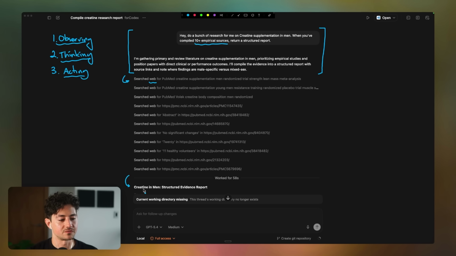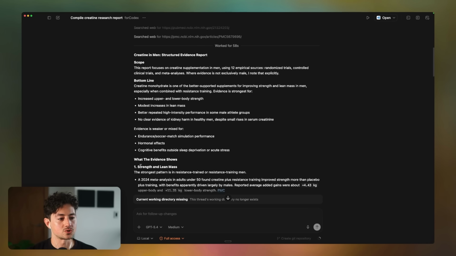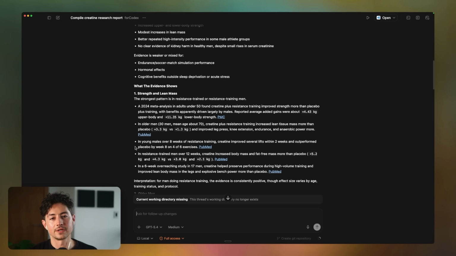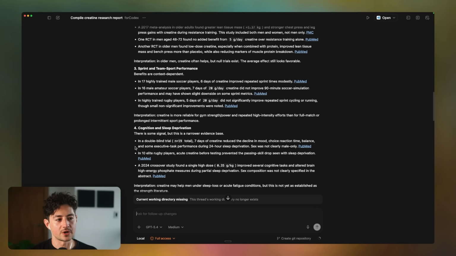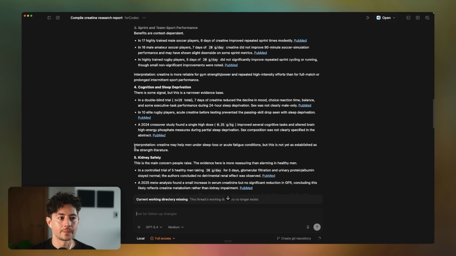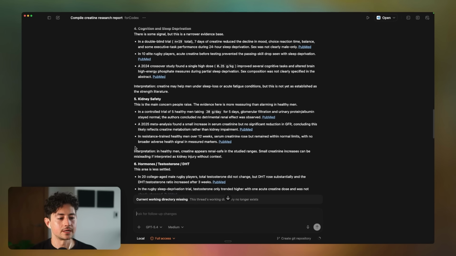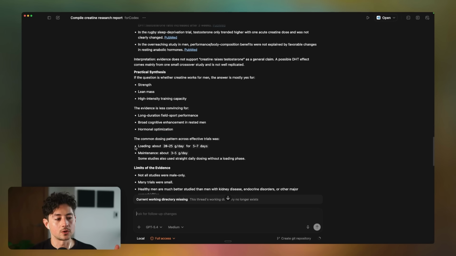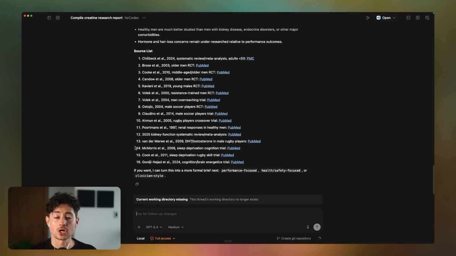And what it's ended up doing after 58 seconds is giving me this structured evidence report. So this is an example of something that might have looped 2 times, 3 times, but the more intelligent and capable these models are getting, the longer that they're running autonomously without us. Hopefully this isn't rocket science to anybody here, but in a nutshell, this is more or less what's always occurring nonstop every time you talk to a model.